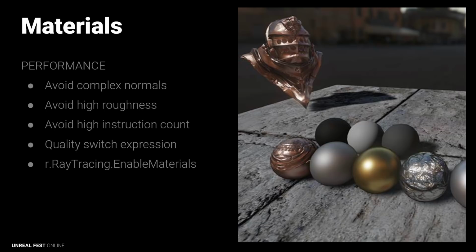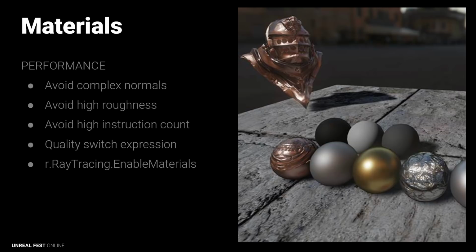And obviously, the more those perturbations there are, the more random the light bounces would be, and therefore the more costly it's going to be for ray traced lighting. The same thing happens with roughness. Roughness is again simulating the roughness of a surface, little perturbations that make a surface either very rough or very smooth. Obviously, a roughness of 0 would be like looking at a mirror, so very, very flat and